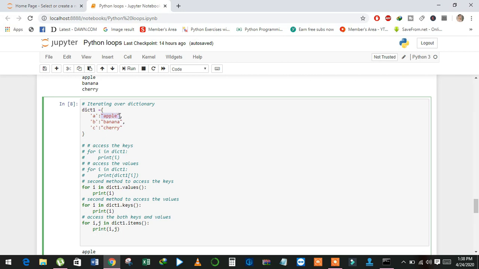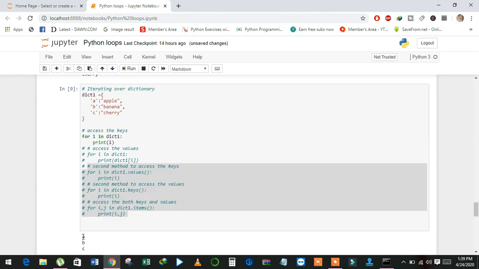With the help of a key we can access values. In this example, for i in dict1, it will print the keys. See here, A, B and C.